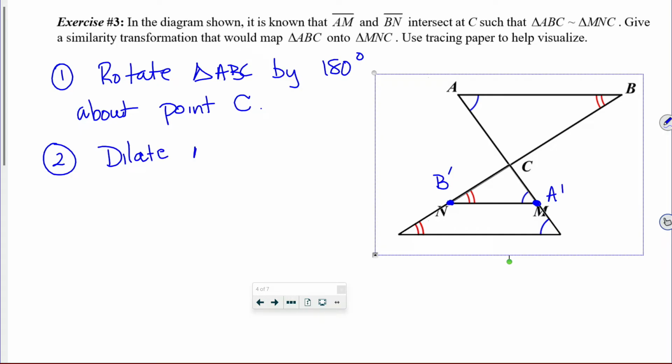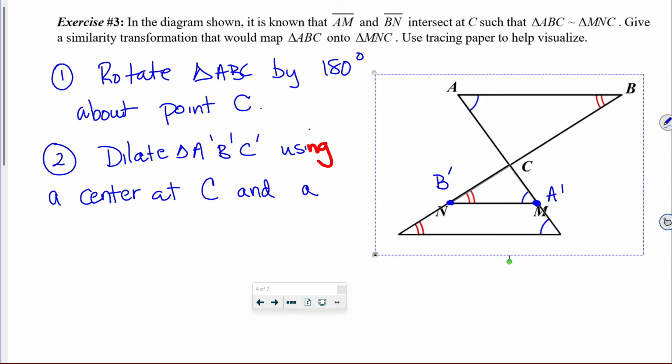Let's see, that would be triangle A prime, B prime, and I can either call it C or C prime. I'll call it C prime. Dilate triangle A prime, B prime, C prime, using a center at C and a scale factor